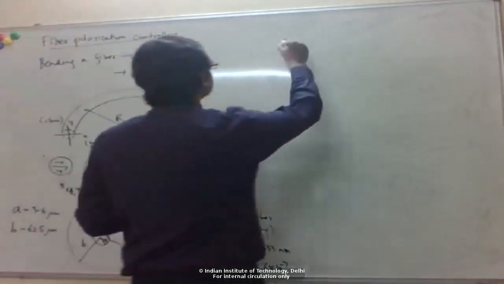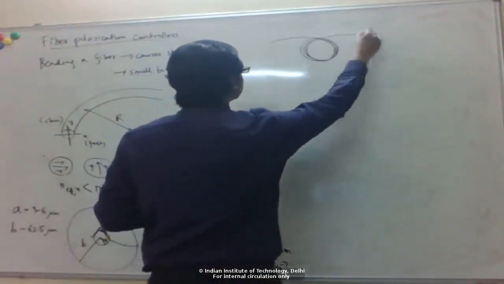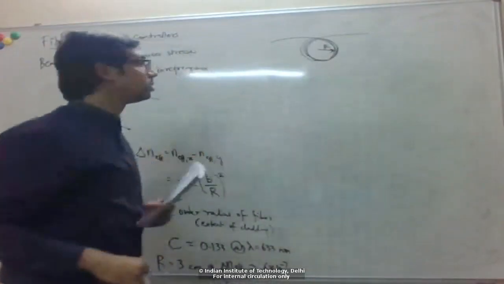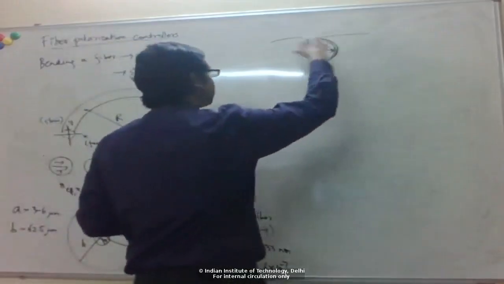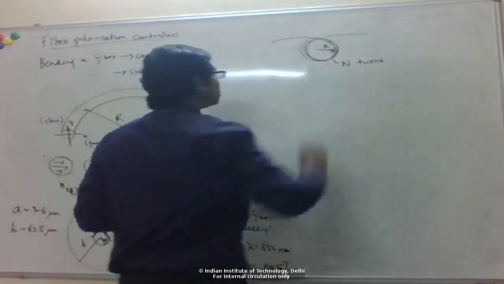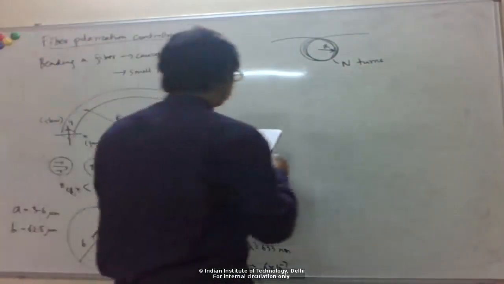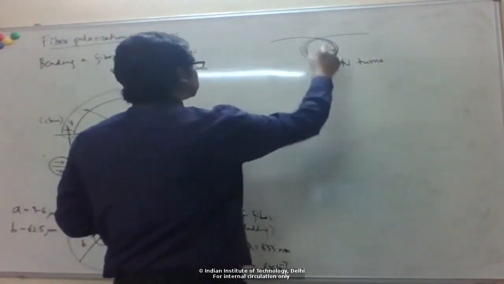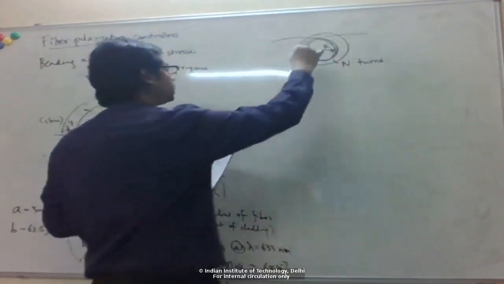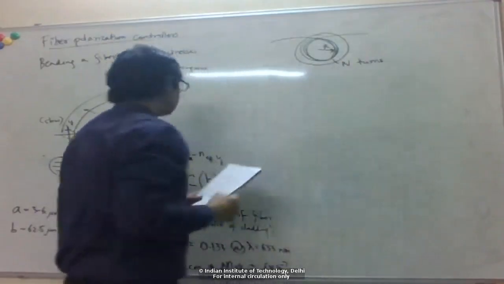Now let's take a fiber and bend it around a radius. Let's say we have a spool of radius r, and we just wrap this fiber around that spool for n turns. So now, in this region where it's coiling around n times,